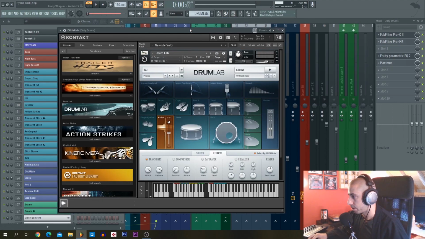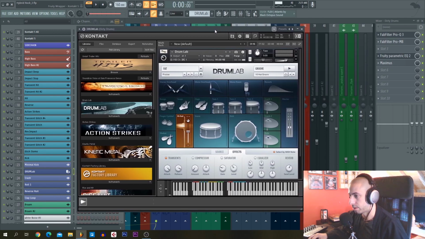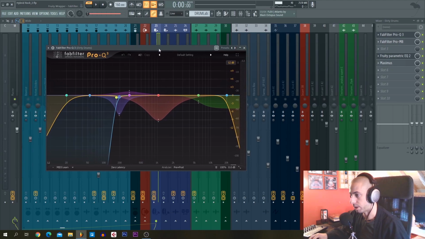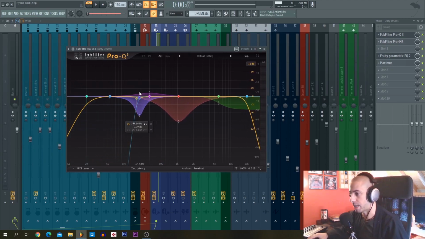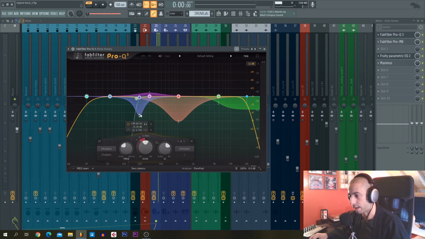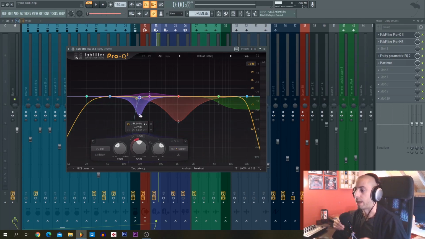To process this plugin, I can't split all the different single instruments to a single mixer channel. So what I did is control the main frequency bands with the dynamic EQ from Pro-Q 3, from FabFilter. Without dynamic equalization, the problem is that this curve will always be applied to the whole signal, destroying the sound. But with dynamic EQ, you can lower or expand that band of frequency just when the peak comes in. As you can see,